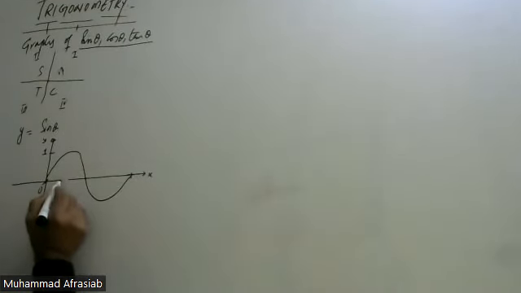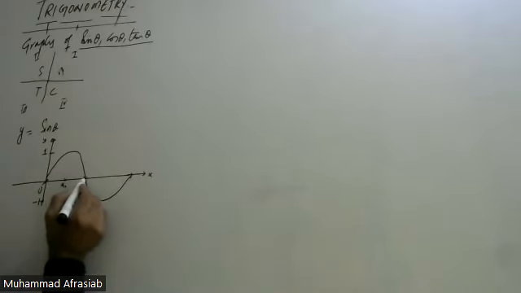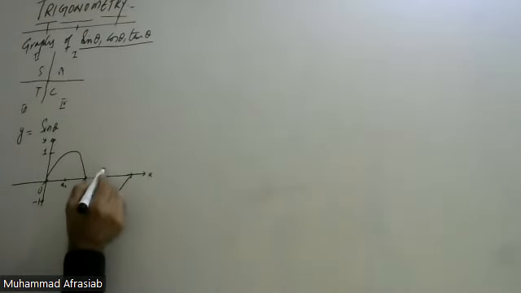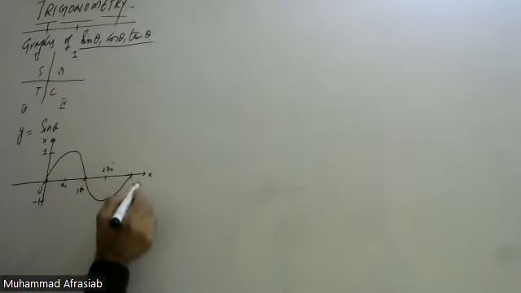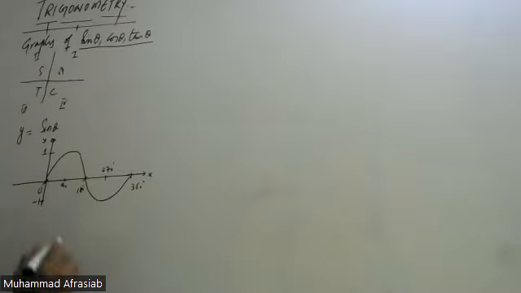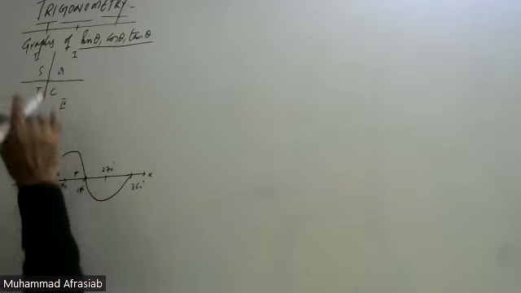This is 90 degrees, this is 180 degrees, this is 270 degrees, and this one is 360 degrees. Since sine is positive in the first two quadrants and negative in the third and the fourth quadrant,